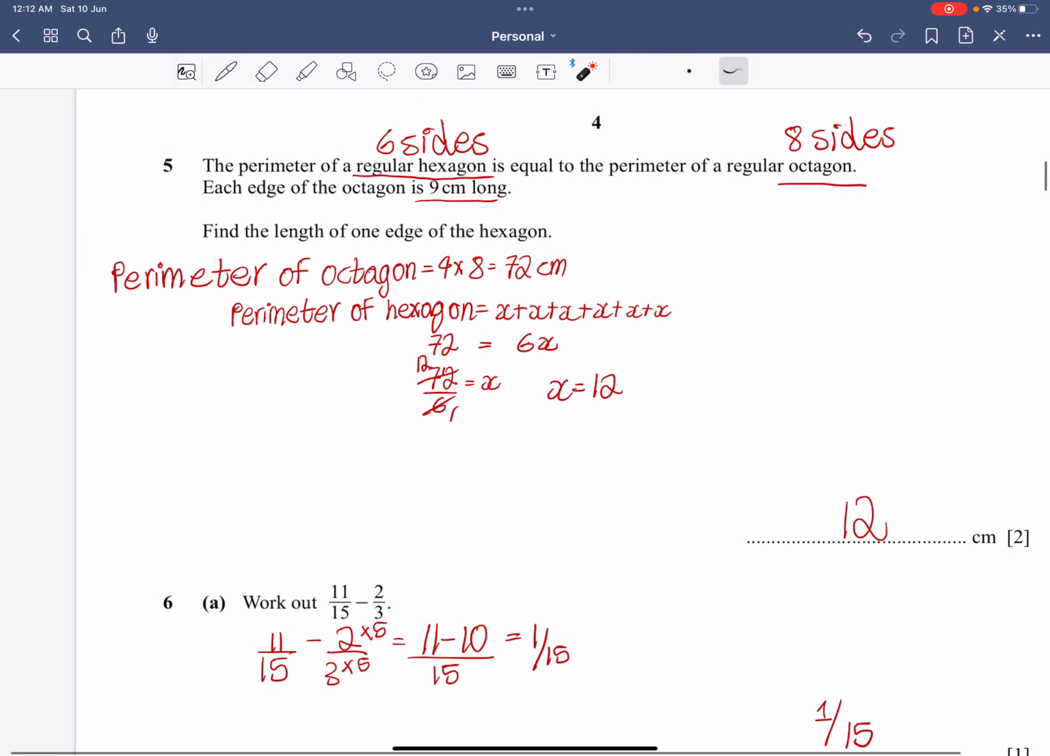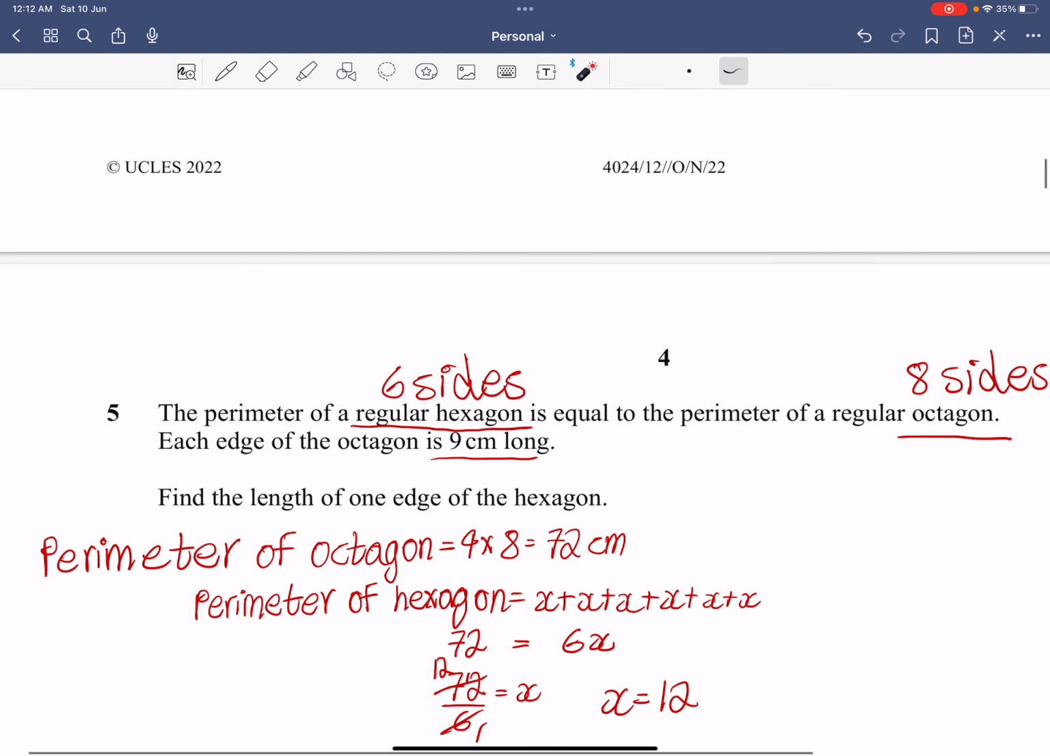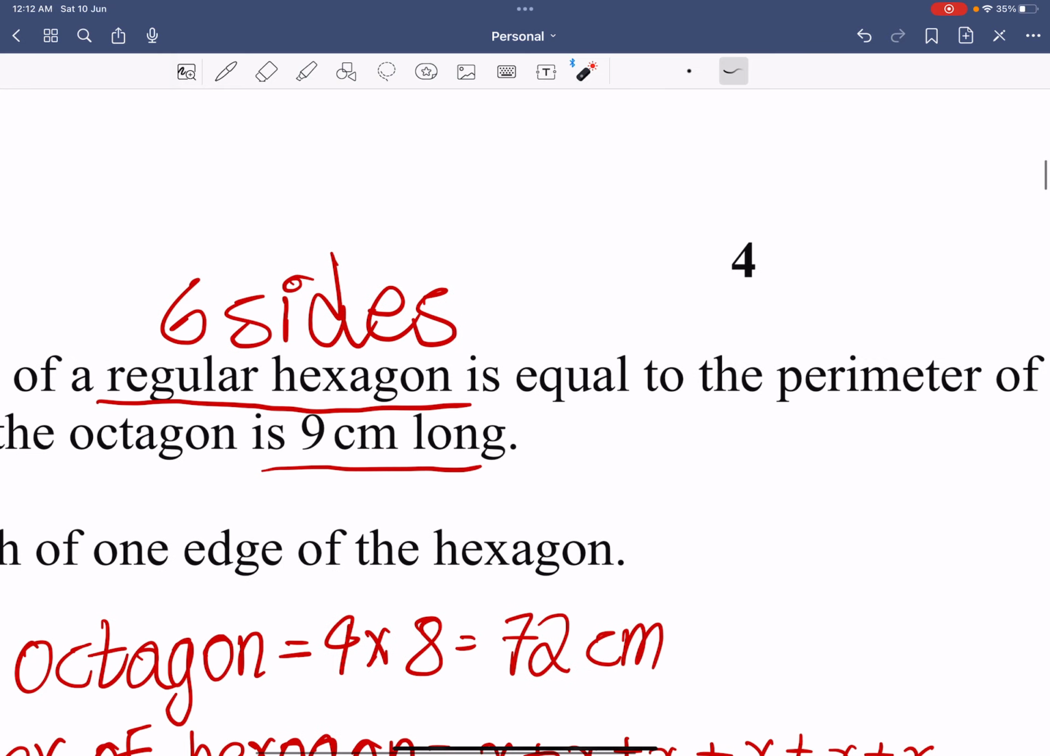So now let's move on to the next thing. The perimeter of a regular hexagon is equal to the perimeter of a regular octagon. Each edge of the octagon is 9 centimeters. Find the length of one edge of the hexagon. So now what you need to do is, first you need to